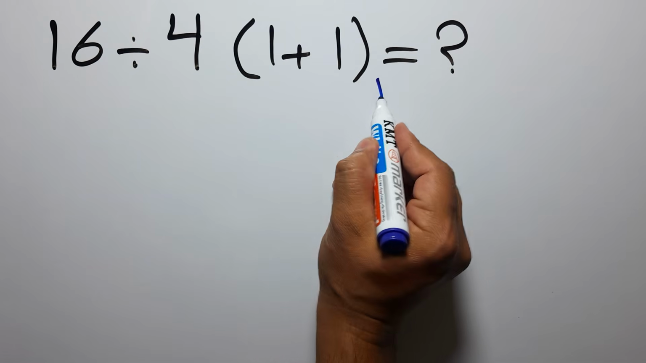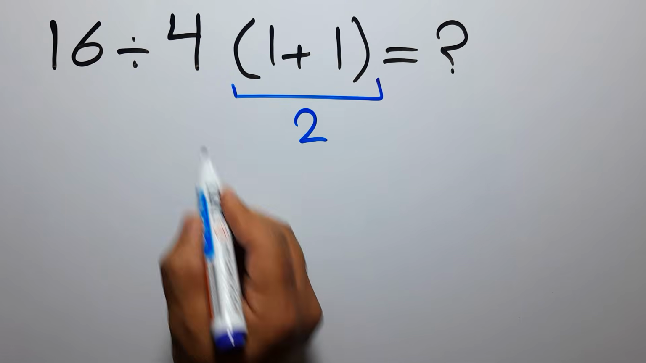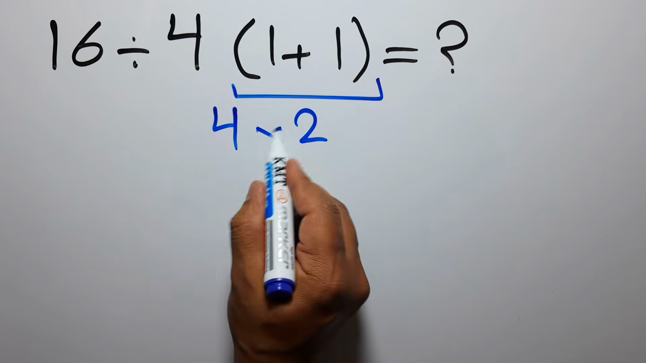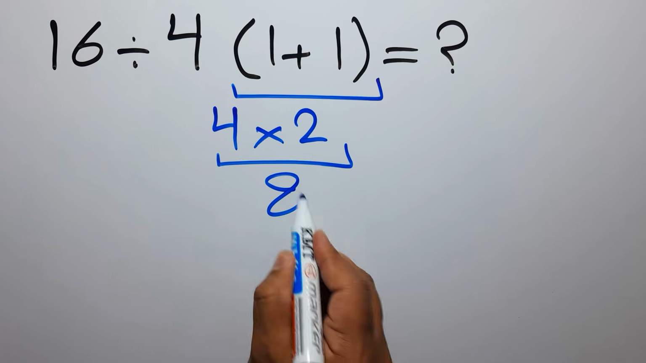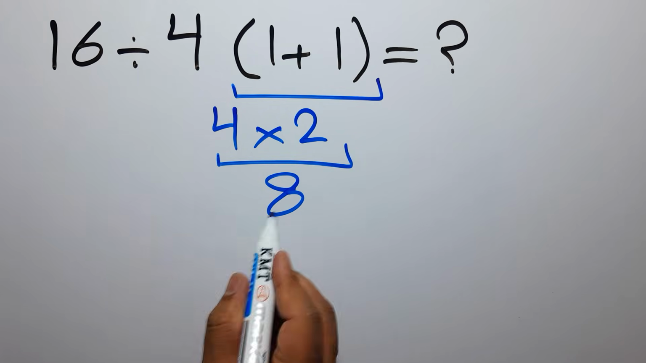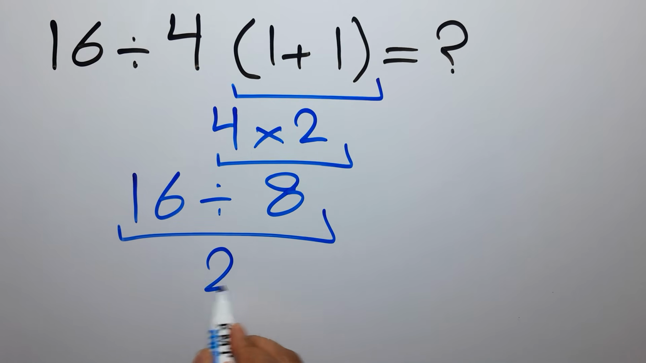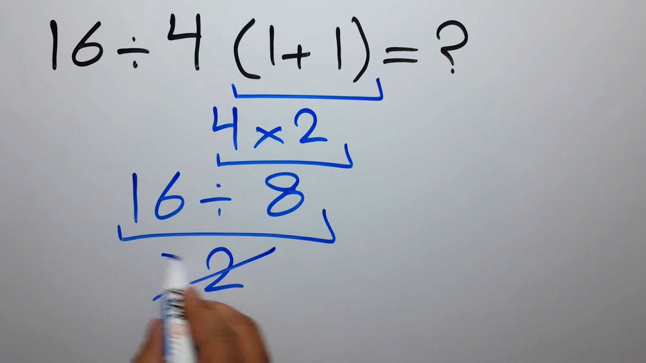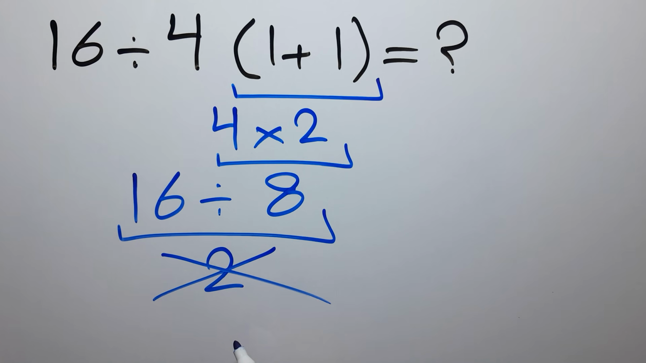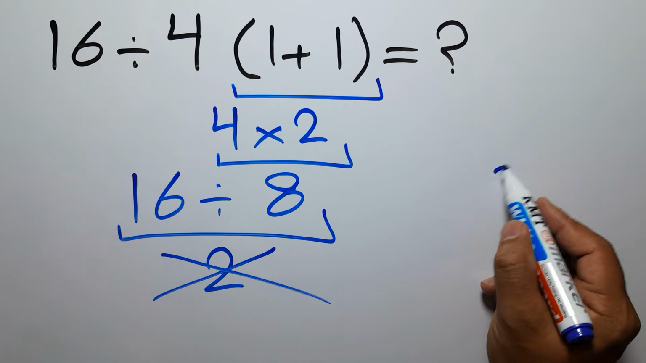1 plus 1 gives us 2. And 4 times 2 equals 8. So 16 divided by 8 is just 2. But this answer is not correct, because according to the order of operations, which is PEMDAS,